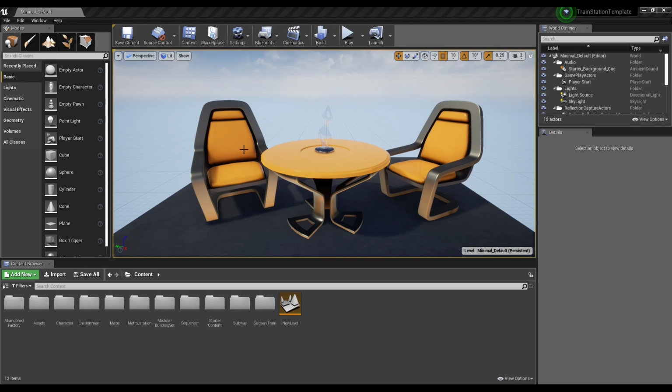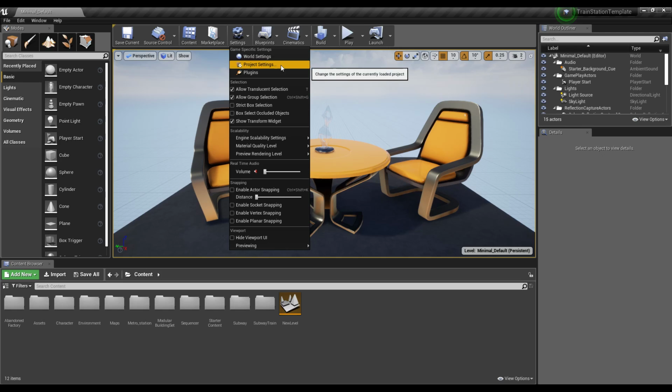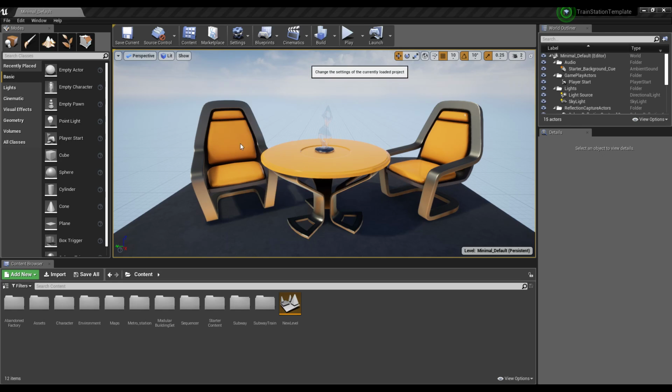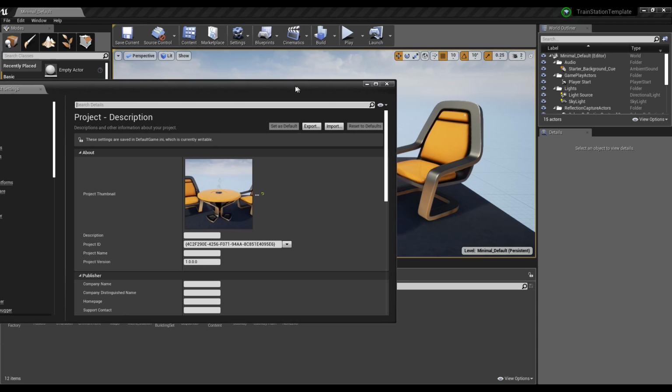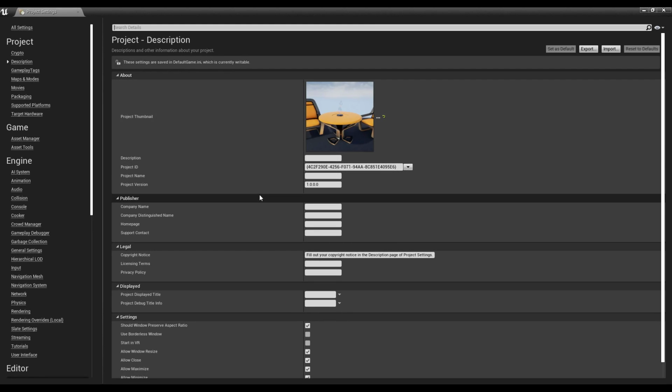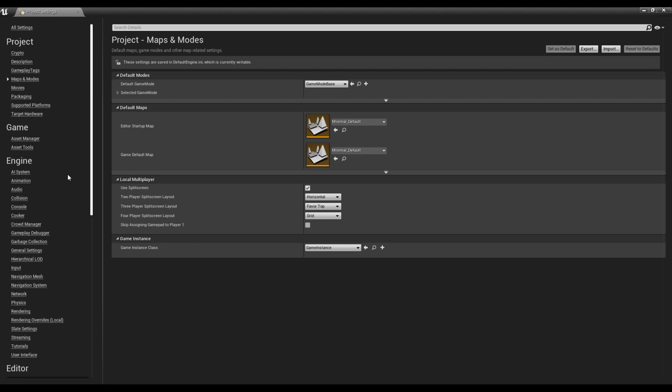your project. So first things first, what you need to do is go up to settings and then go to project settings, and it should open up a window that looks a little bit like this. What you want to be doing is, on the side here you've got maps and modes. If you click on maps and modes, you'll get the screen over here, and what you want to be doing is